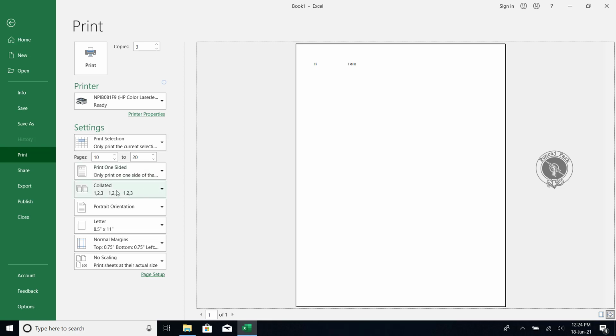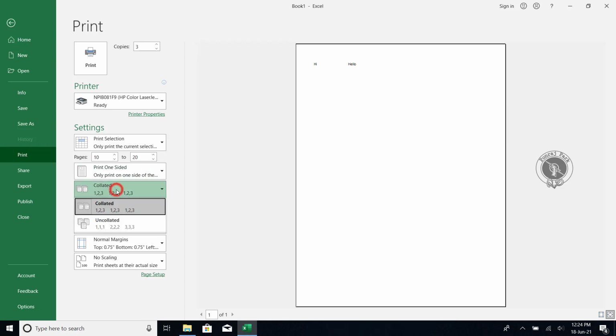And now we will move on to collated and uncollated. There are two types. For collated, you can say, when you are printing from an Excel workbook or anything, not only in Excel or Word, but maybe anything, when you are going to print, you will be having 3 sets of printout. Like you have 2 pages of document and you have to take 3 sets, I mean 3